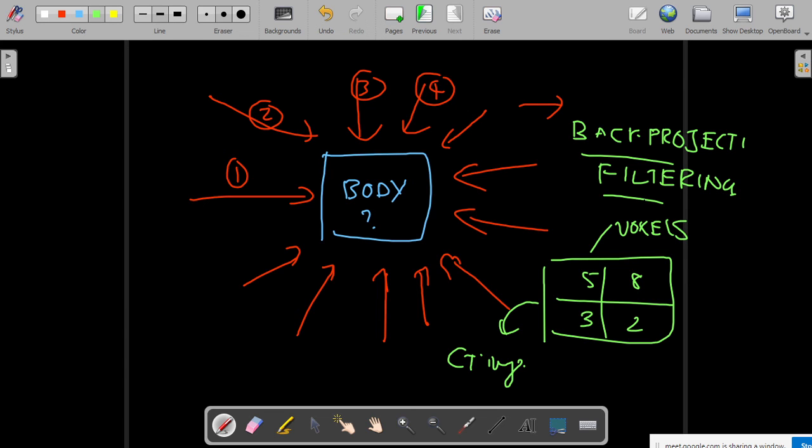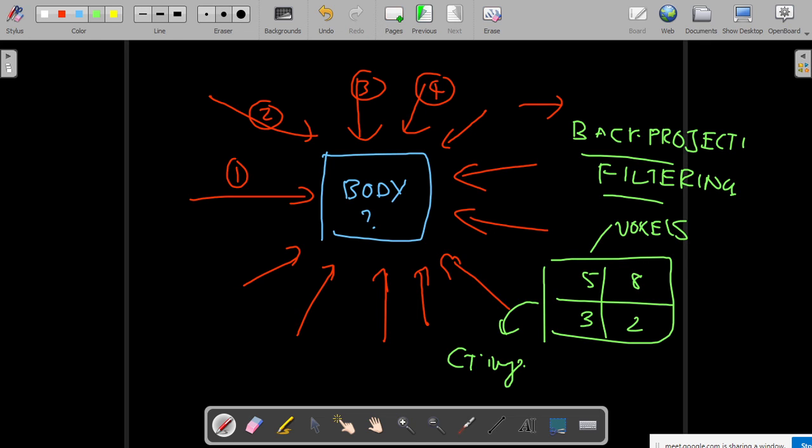For that you pass X-rays in all 365 degrees. In all 365 degrees you get some output. All these outputs are added together and from that you do a processing and you get back your original composition. This method is called back projection filtering method. By this method you will be able to identify what is the actual composition of your body. Okay, so that's what happens in a CT scan. So this is how your CT scan works.